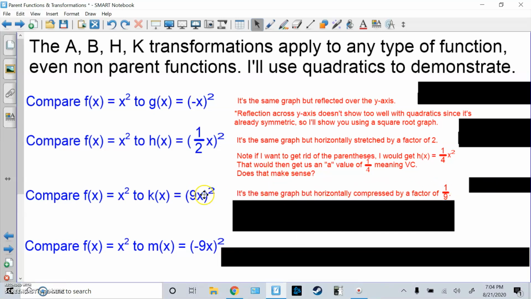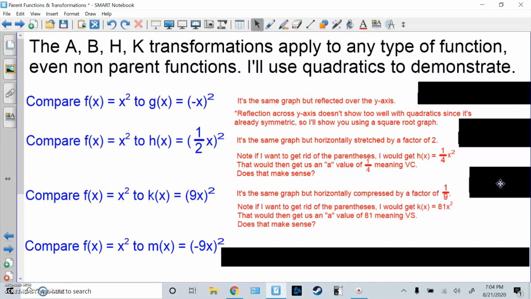Now I could also get rid of the parentheses and just square it, and I get 81x squared. That means the A value is 81. So does vertical stretch mean the same thing as horizontal compress? And the answer is yes. It's just a different factor. If I pull it from the top and bottom, it's the same thing as squeezing it from the